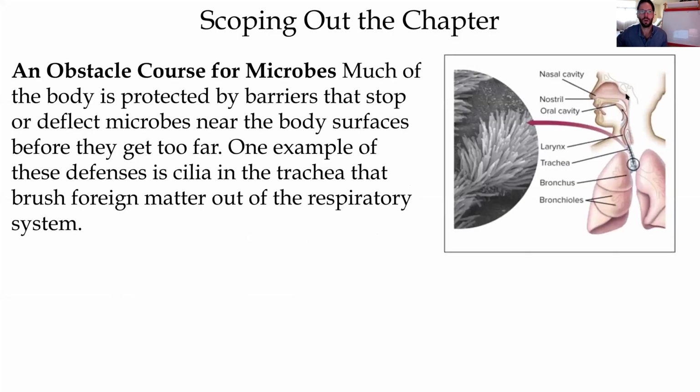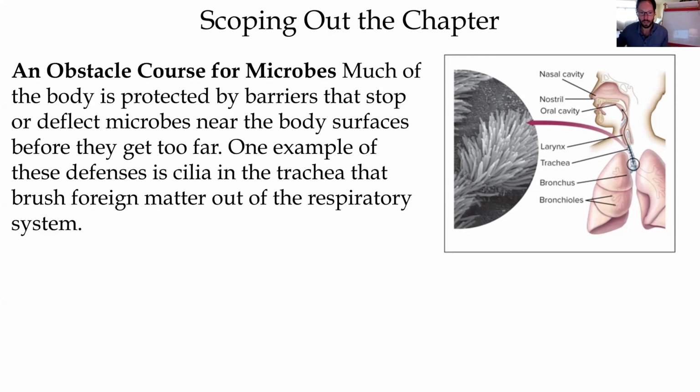Okay, so looking at what we'll be talking about, the essential obstacles for microbes. And we talked a little bit about those obstacles being skin. Skin is a great barrier. There's also mucus in our nose to trap microbes. There are defenses like cilia that Ray had asked about last time. What keeps the microbes out of the lungs? The cilia are these villi type structures that wave and kind of brush it back out